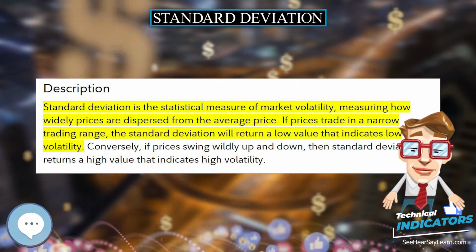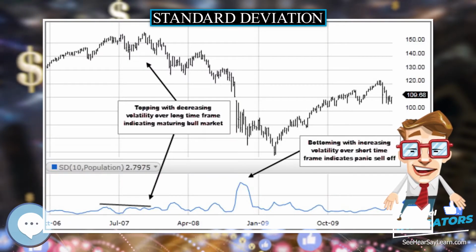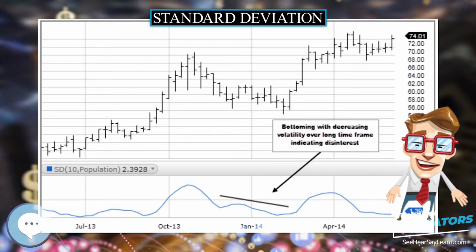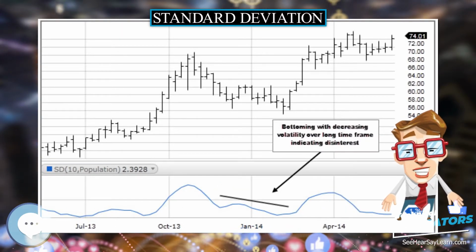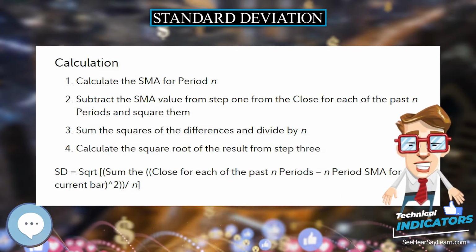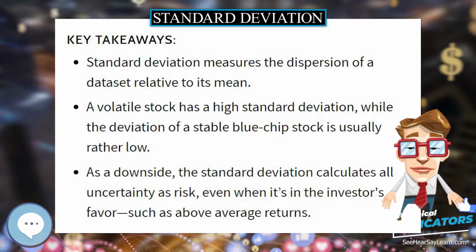Standard deviation. In statistics, the standard deviation is a measure of the amount of variation or dispersion of a set of values. A low standard deviation indicates that the values tend to be close to the mean, also called the expected value, of the set, while a high standard deviation indicates that the values are spread out over a wider